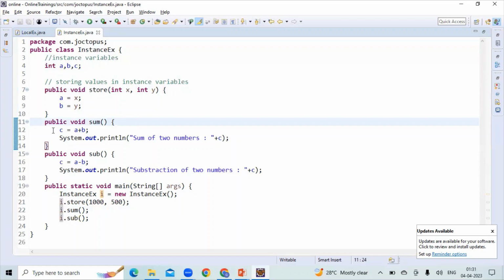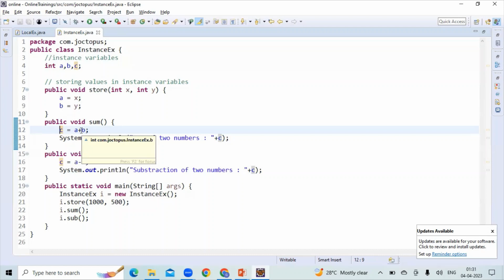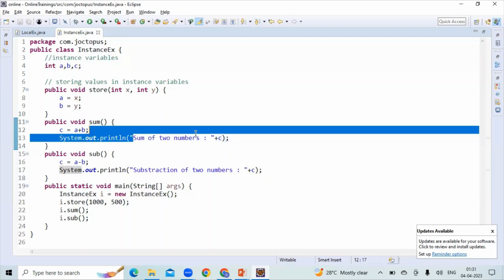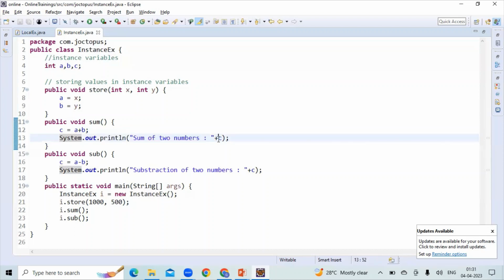method. Now, inside this method, we are trying to say c = a + b. So a is holding a value of 1000 and b is holding a value of 500. So 1000 plus 500, 1500 will be stored back into your c. Then the next statement, by using this System.out.println statement, we are trying to say sum of two numbers and printing the